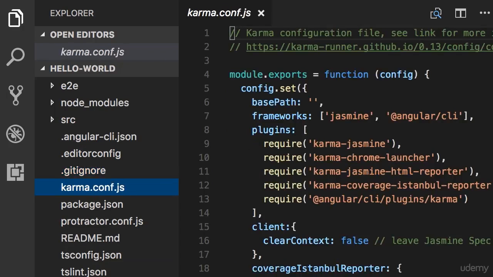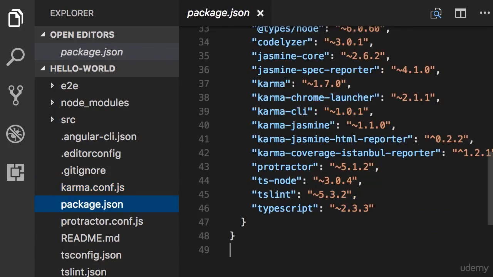Now below that, we have karma.config.js, which is a configuration file for Karma, which is a test runner for JavaScript code. Again, we're not going to worry about running tests at this stage. Now below that, we have an important file,